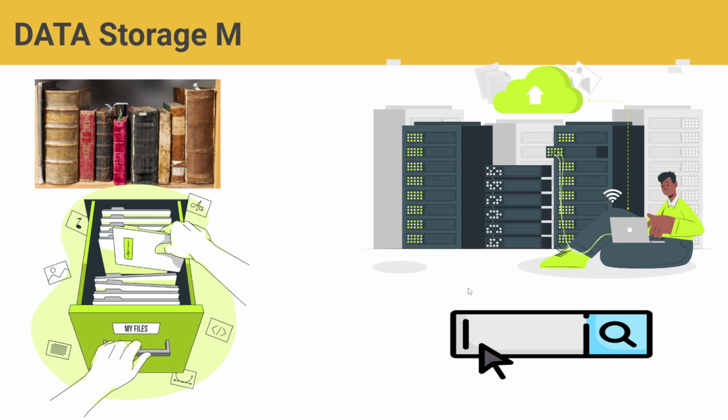Okay. So in this slide you can easily see how data has been saved across different generations. After the advancement of paper, when paper came into the picture, they started preserving data in the form of books, and then they used to put data in the form of files and folders so that they can easily sort and search any information required. Even with files and folders, as their numbers increase, it's difficult for them to maintain those files and folders. So that's the reason